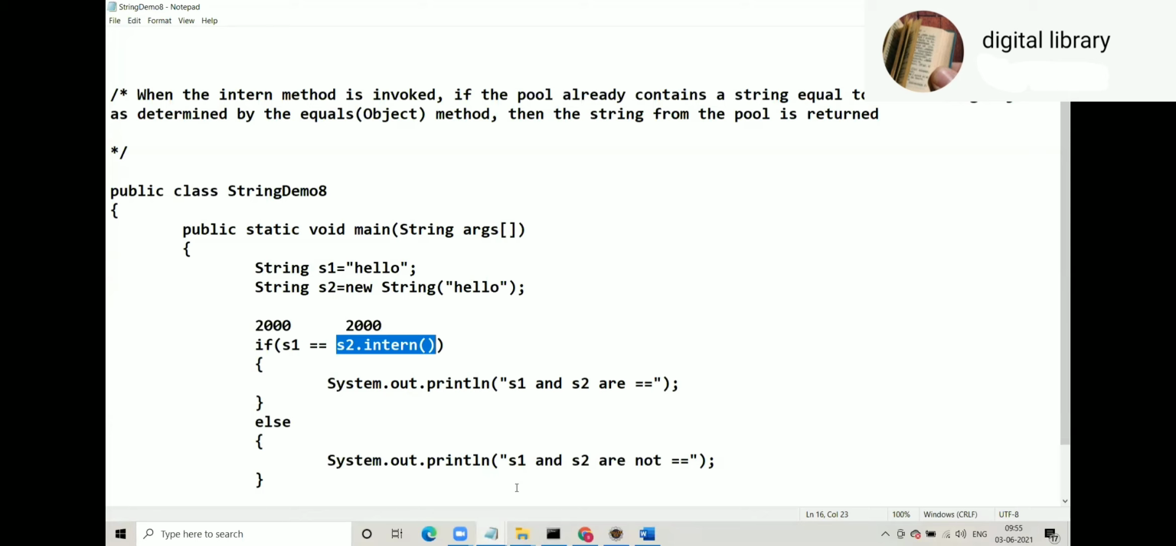Sir, toString के लिए overridden method लिखा था. कहाँ लिखा था हमने? स्ट्रिंग क्लास में है toString मेथड ओवरराइडेन. वो तो है ना. SOP s1 करोगे तो हेलो आएगा, SOP s2 करोगे तो हेलो आएगा. वो तो है,